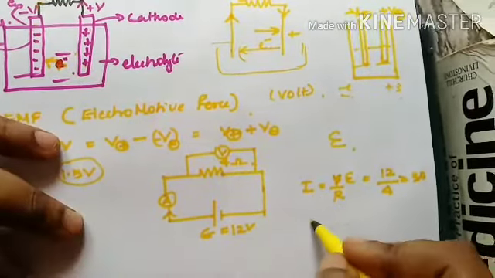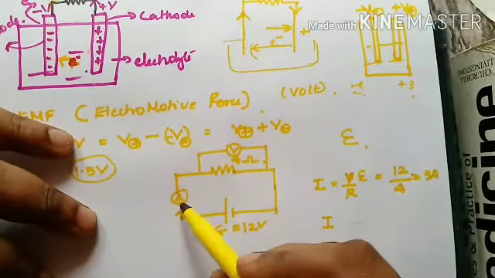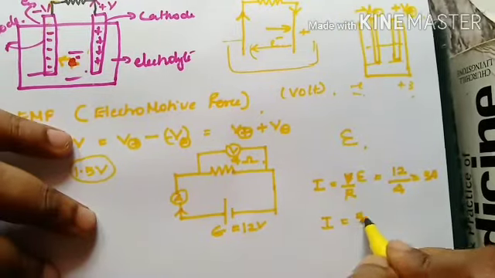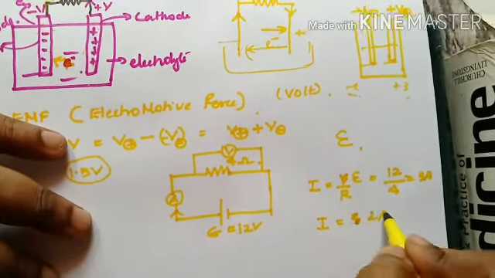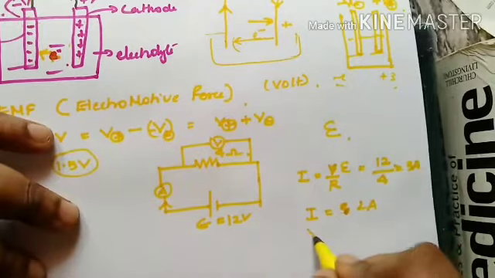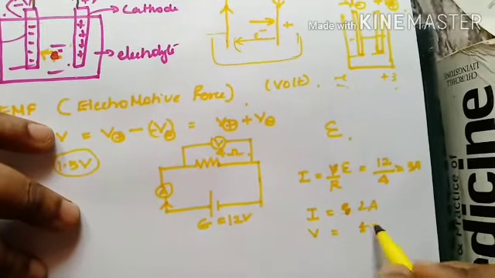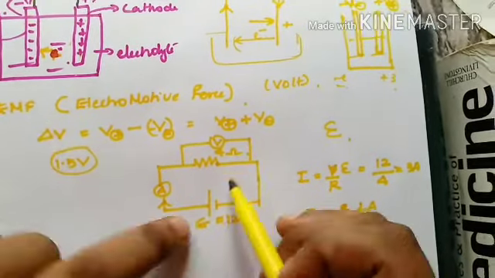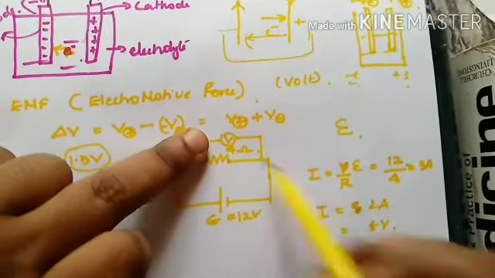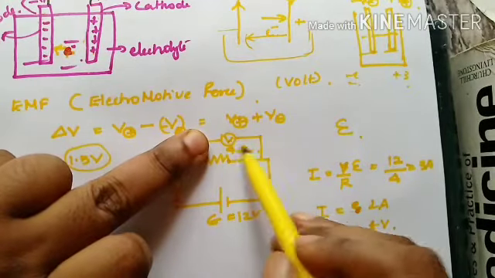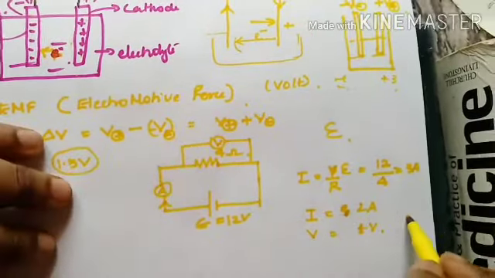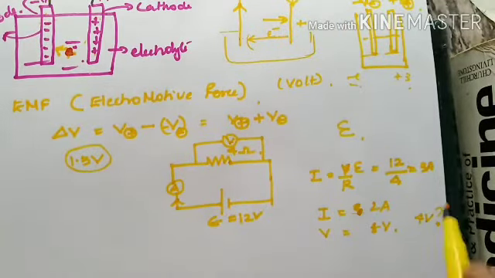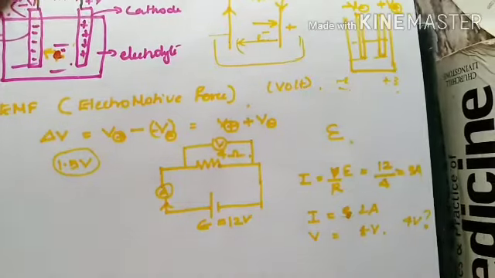But when you actually saw the value in the ammeter, the current was only 2 ampere. And you saw that the voltage also is not 12 volt, there is only 8 volt indicated across it. So out of 12 volt, only 8 volt reached this 4 ohm resistor. So the rest of the 4 volt, where did it go? That was a big question. That is where the term internal resistance comes up.